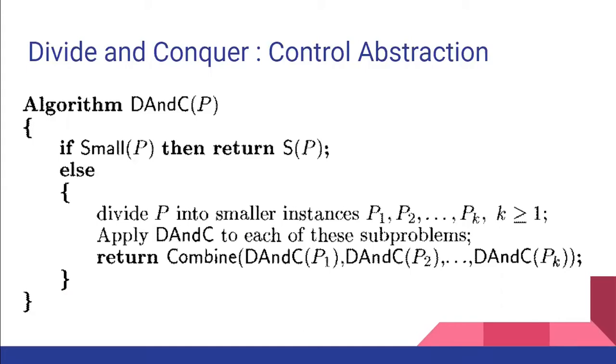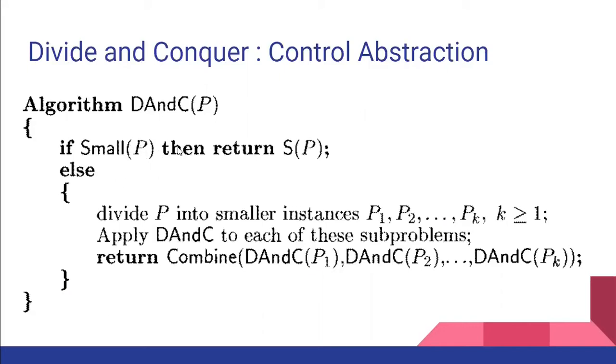So this is the divide and conquer control abstraction. The same explanation as I have given, same is the algorithm. So you can see the algorithm over here. Algorithm divide and conquer (P). Initially the divide and conquer algorithm is invoked with P, where P is the problem to be solved. Then we check if small(P). Small(P) is a Boolean valued function that determines whether the input size is small enough that the answer can be computed without splitting. So it checks whether the given problem is small enough.